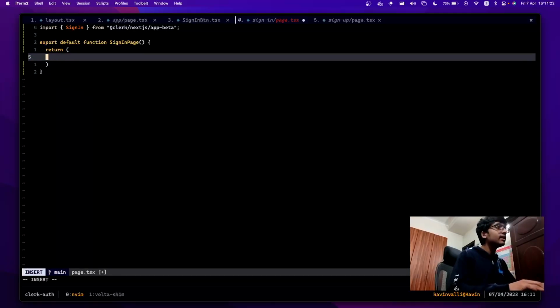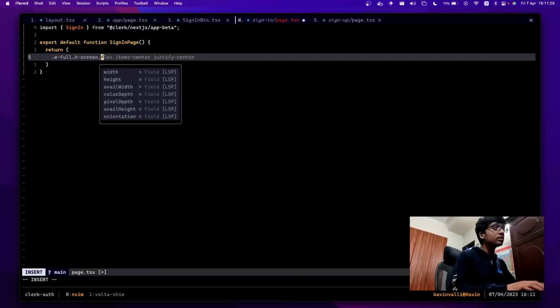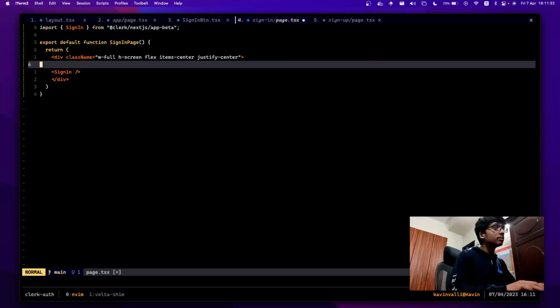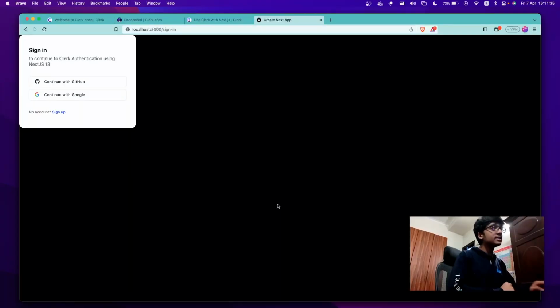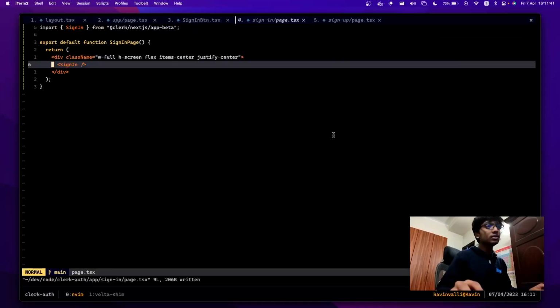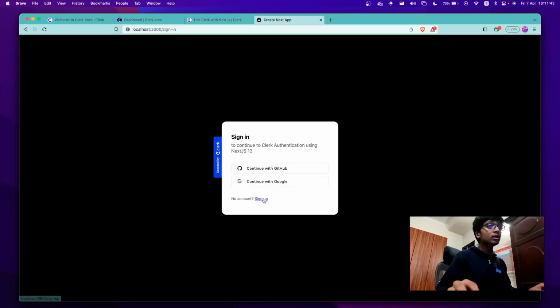Let's wrap this inside a div with the w-full h-screen. I'm using Emmet over here, so you can use that if you want, and paste that in. This should be centered now. It is. So I'll talk about how to customize this card later, but for now, I'll click on sign up,